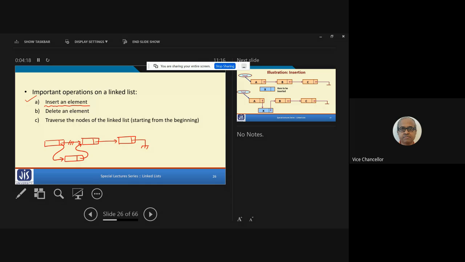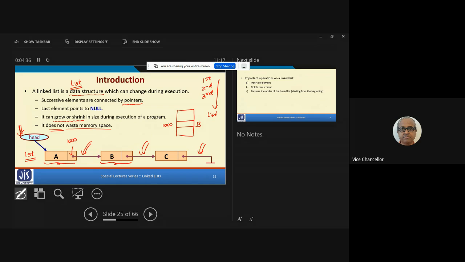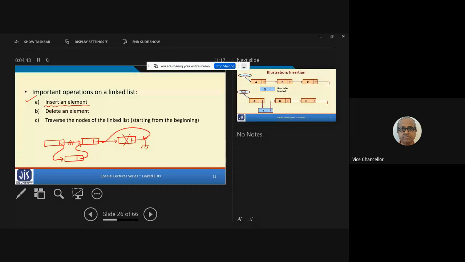Similarly, if you want to delete an element, suppose I want to remove this element, then what I do? Straight away this pointer, I directly connect to ground. So like this, the size of the linked list can change with time. That is what the third point was saying. If you look at the third point, it can grow or shrink in size during execution. Which means if you go on inserting elements, the size of the linked list will go on increasing. Similarly, if you delete some elements, the size will decrease.